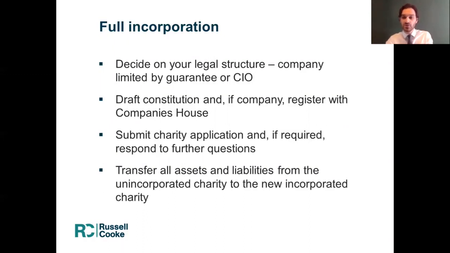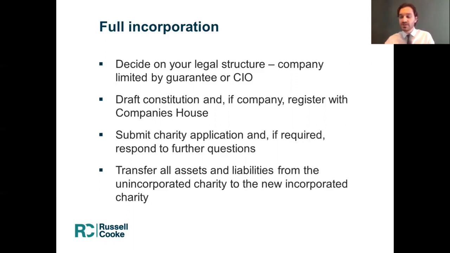You can have the trustees and the members being exactly the same group of people. So just one group of people controls the decisions at both levels of governance, and that's referred to as a foundation model constitution. The alternative is to have a wider membership if you're a democratic organisation, in which case that's referred to as an association model constitution. And which is right for your charity will depend on how you've operated in the past and whether you want to change that in future or not.